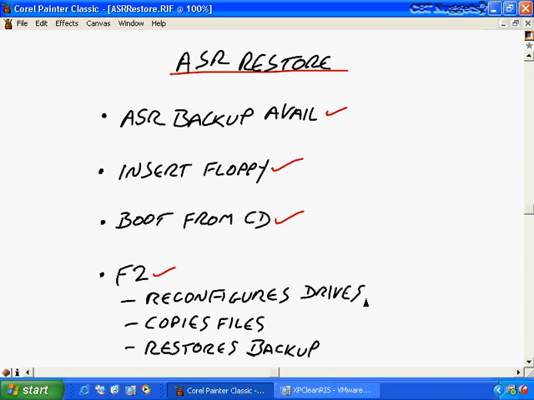And then once we have launched this ASR, it'll reconfigure the drives. I do have to have drives of at least the same size. Maybe I've had to replace the drives as well, in addition to all my other troubleshooting methods. Then I have to make sure the drives are at least as large as the drives that were in there when I made this backup. Then it will copy the files as necessary,